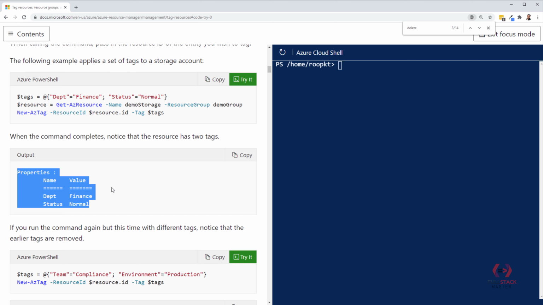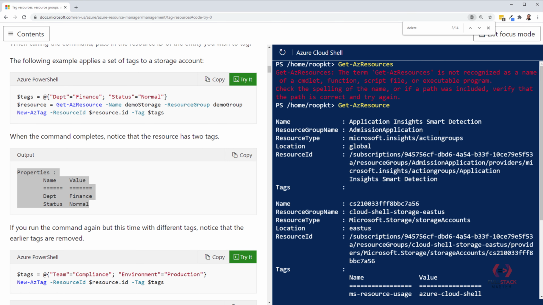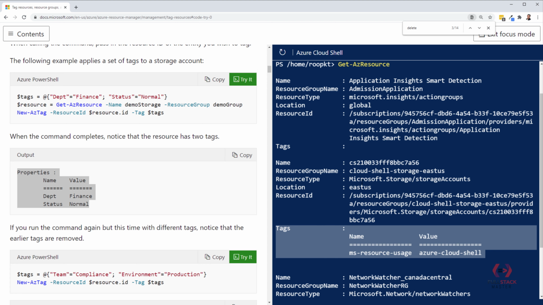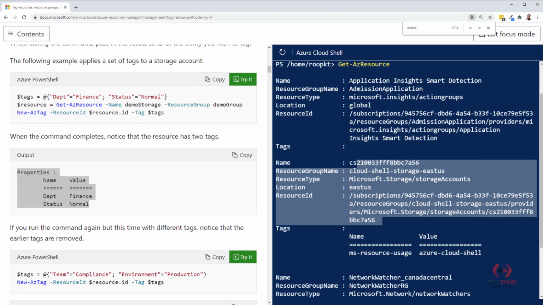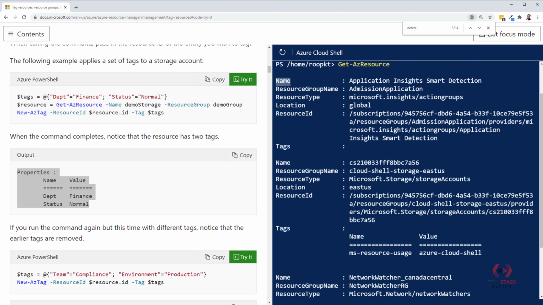So let's first find out how many resources I have. I can use Get-AzResource to find out all the resources. You can see here I already have tags on one resource, and I have another resource where there is no tag. I will use this resource to apply the new tag.